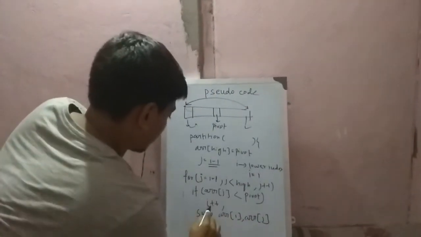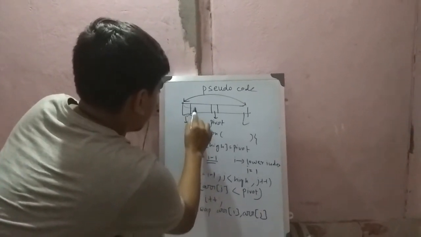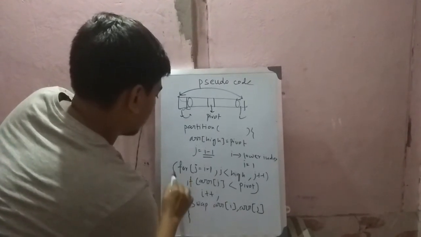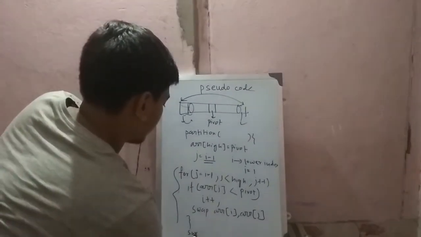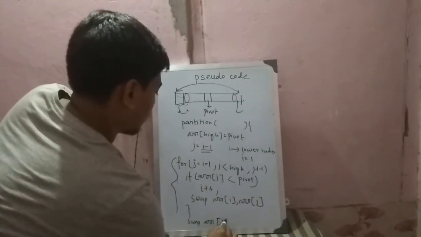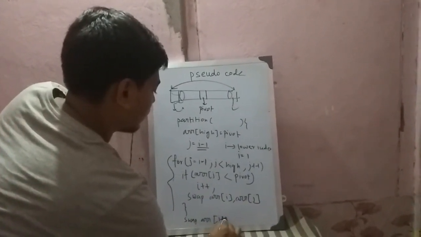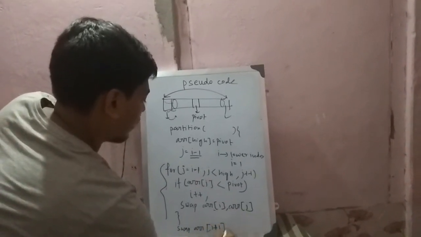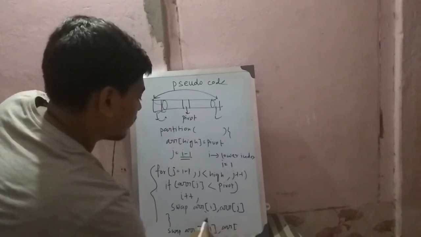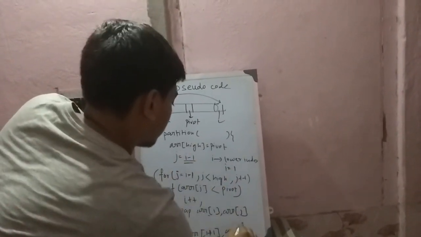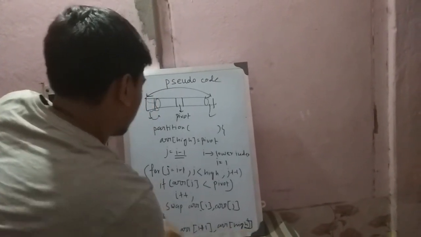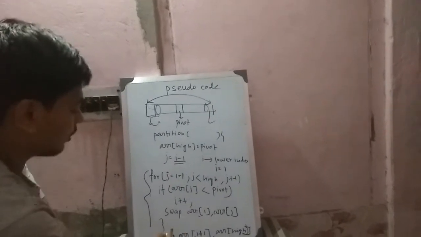Because after i plus plus you have to swap these two elements, because we have to compare this and this, and after the loop you have to swap array of i plus 1, array of i plus 1 equal to array of high, means array of i. Okay, array of i. So after the loop you have to